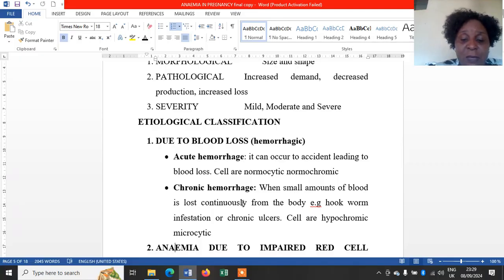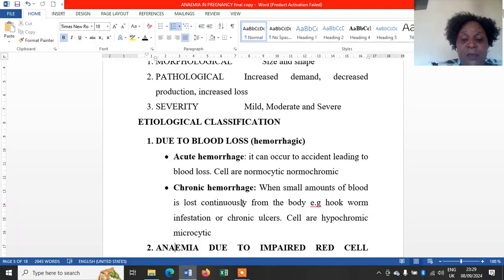What does it mean? That on visual inspection through the microscope, when you look at red blood cells of a mother who has had a chronic hemorrhage, the cells will look light, that means hypochromic, and they will be small,